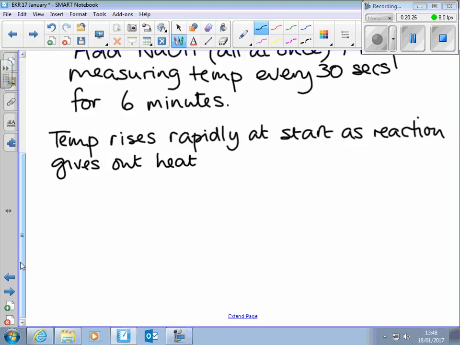Then it drops slowly and regularly as the heat is lost. Now this means we actually want heat to be lost, but we can use the heat lost as a way of allowing for it. So then it drops slowly and regularly